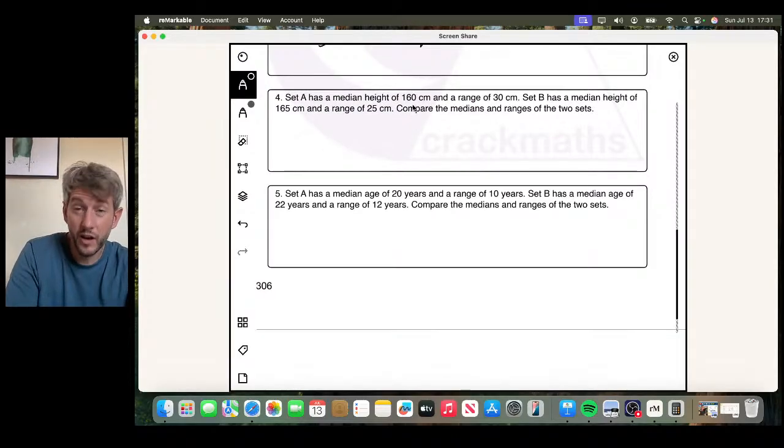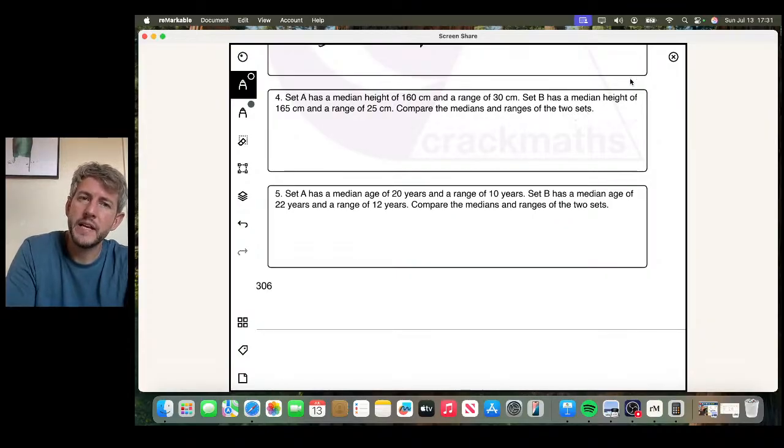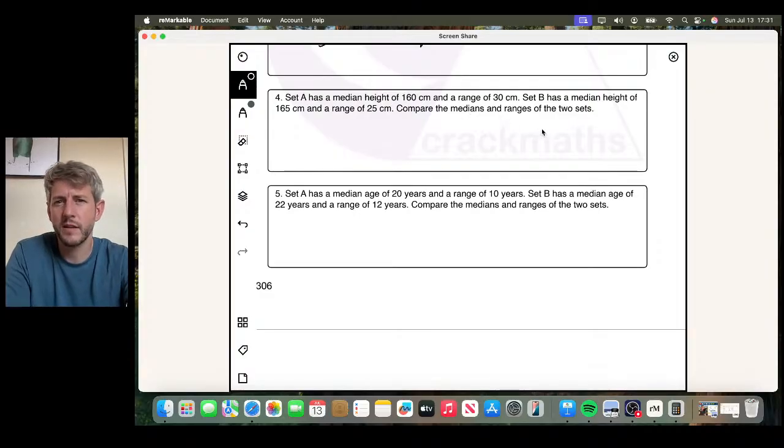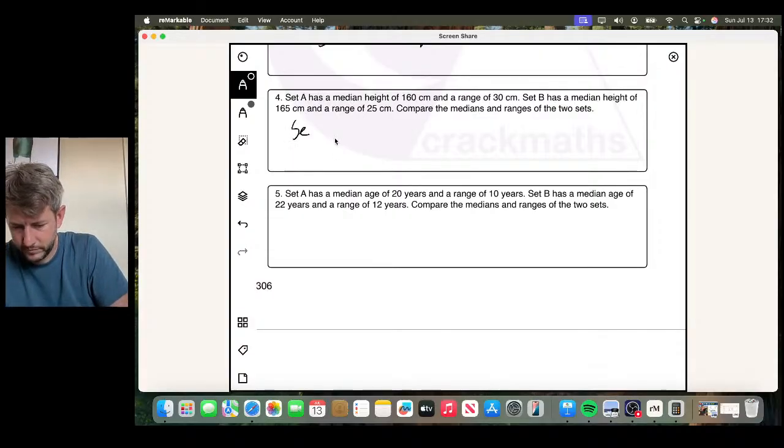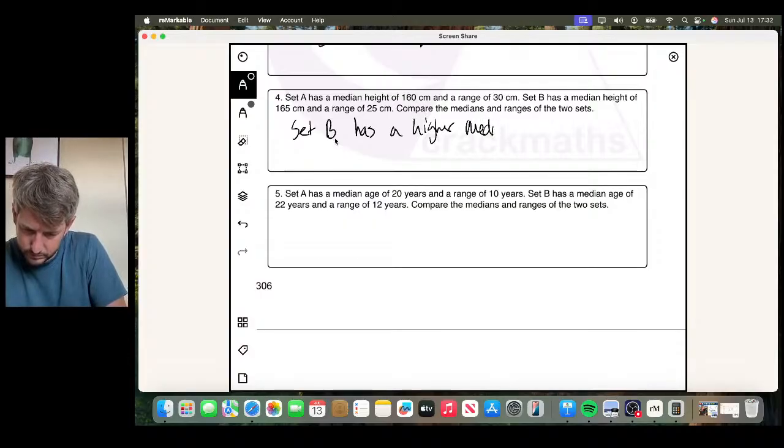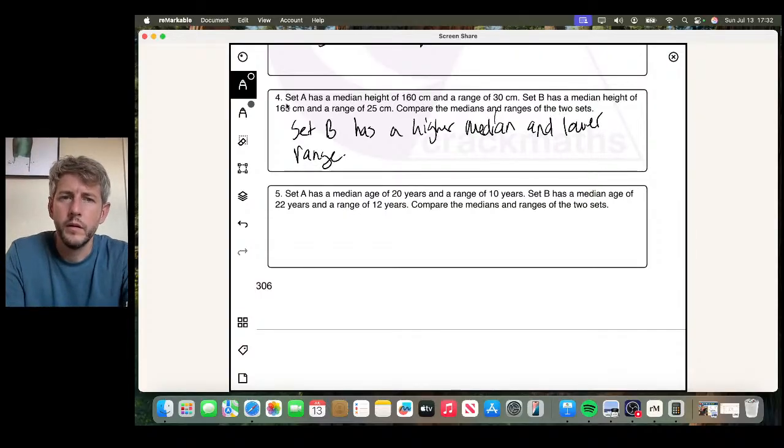Set A has a median height of 160 centimetres and a range of 30 centimetres. Set B has a median height of 165 centimetres and a range of 25 centimetres. Compare the median and ranges of the two sets. Okay, so set B has a higher median and a lower range? Okie dokie, right, so